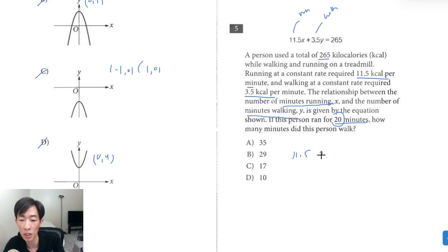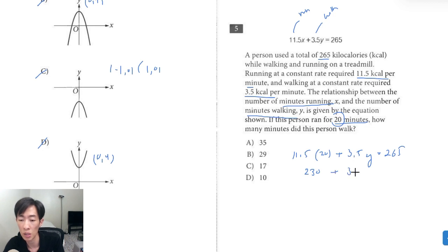So 11.5 times 20 plus 3.5 times y, that equals 265. And 11.5 times 2 is going to be 23. And since it's times 20, just move the decimal place over. So it's going to be